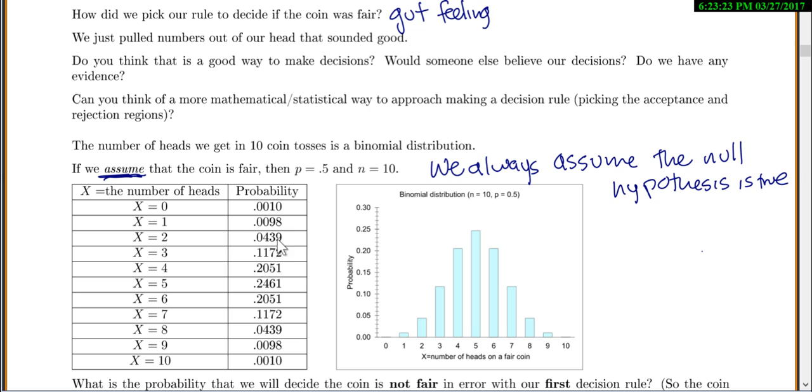And then from there we said, okay, we didn't quite believe 2 because that was only 5% chance. 1 is only a 0.1% chance. And 0 is 0.9% and 0.1% chance. Okay, and also our nice little graph here. So you can see 3 to 7 are pretty likely, and 0 to 2 and 8 to 10 aren't very likely.